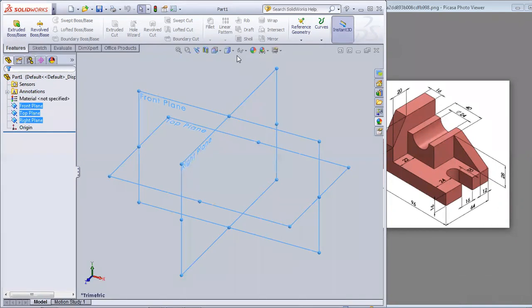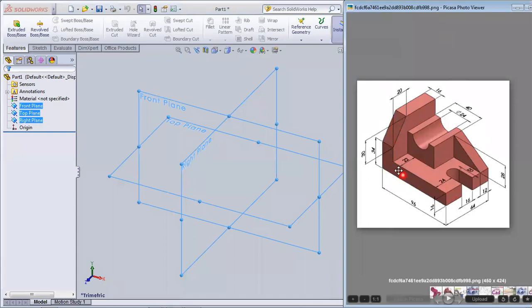Now after these are visible, let's just make this base first. So we can see this is 96. From here to the top, length is how much? 30 plus 34, that is 64. So this height is 64, this base is 96, and the thickness is how much? The thickness is 16, right? Okay, so let's just do it first.